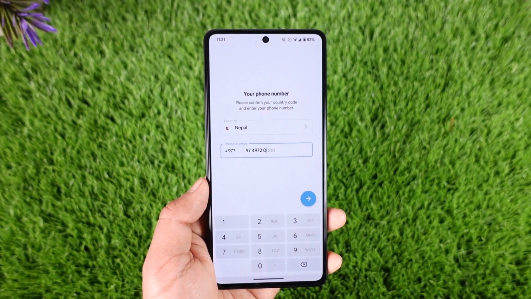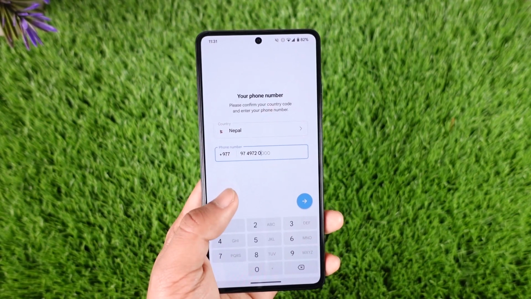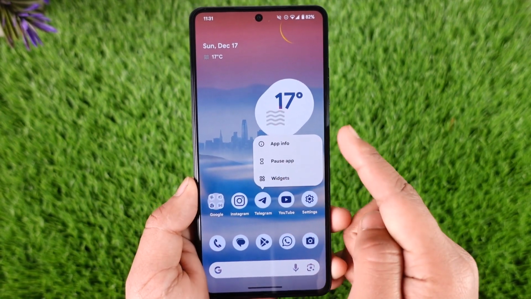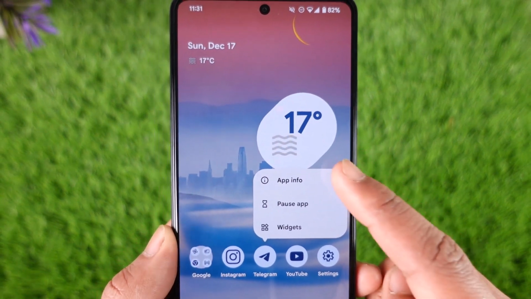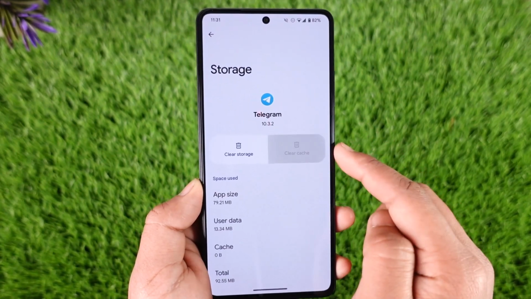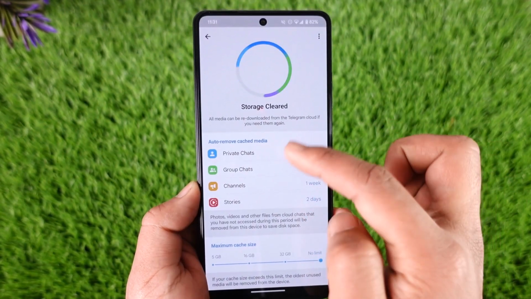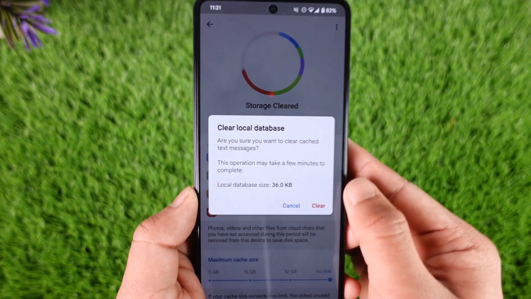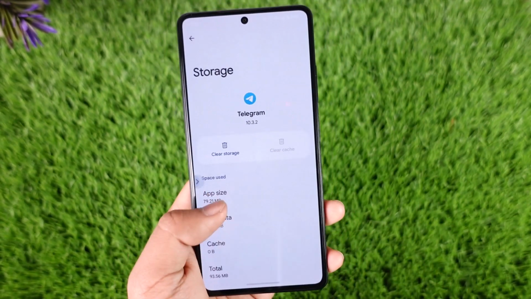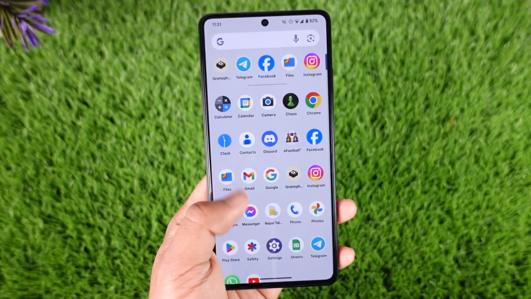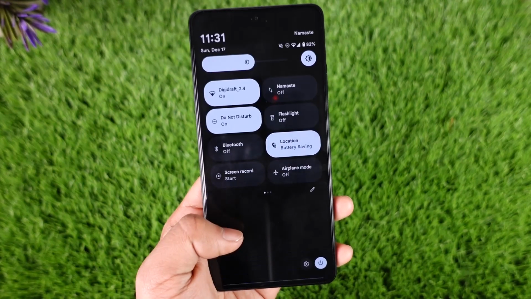Now after you've done all of that, do not try to log in with the same steps over and over again. Long press the Telegram app icon and then tap the app info option, which will be on any Android phone. Then go to storage, clear the cache files, and then clear the storage by tapping the three dots option, tapping on clear local database, and then tapping the clear option to clear all the local database as well. This way you should hopefully be able to fix the Telegram login problem with email,